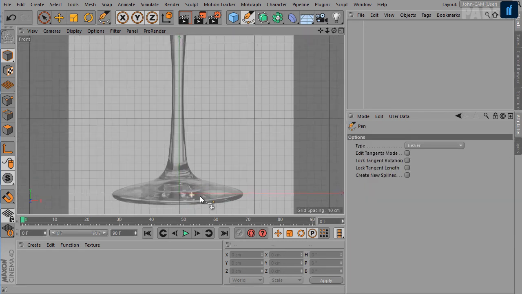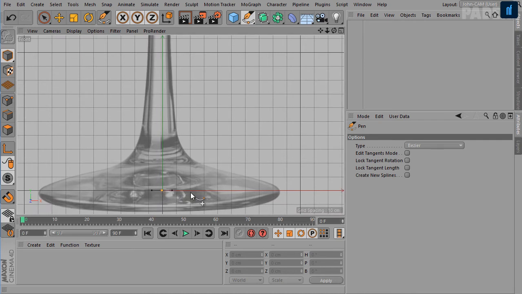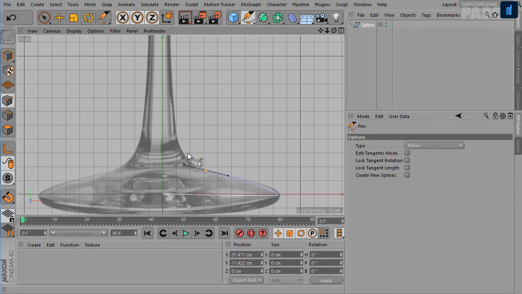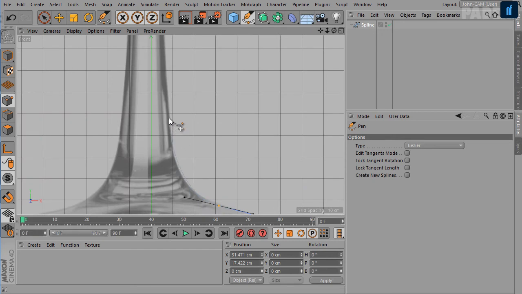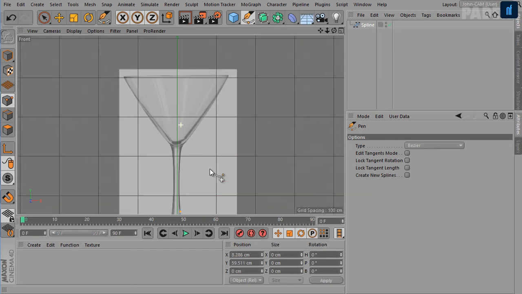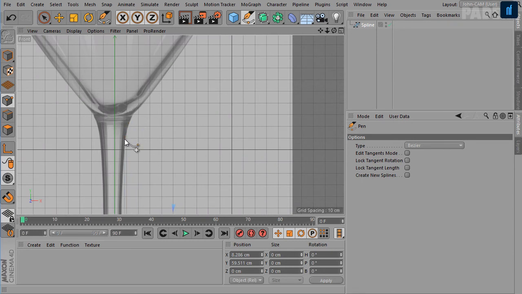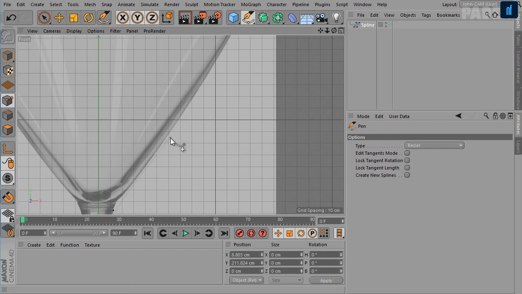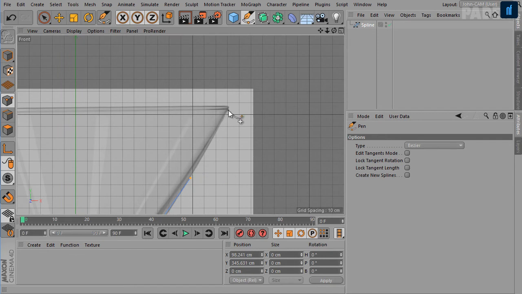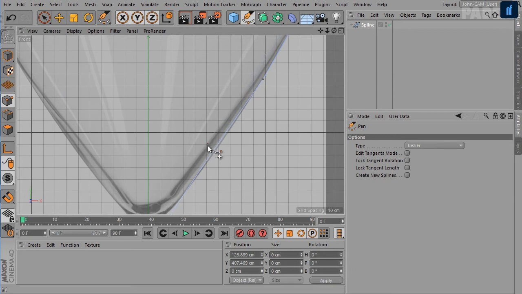Now activate the pen tool and start creating the shape. Now draw the inner profile.